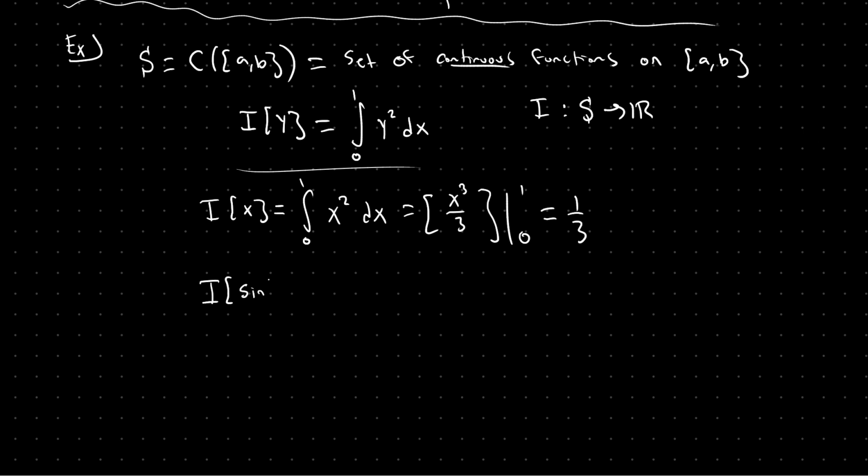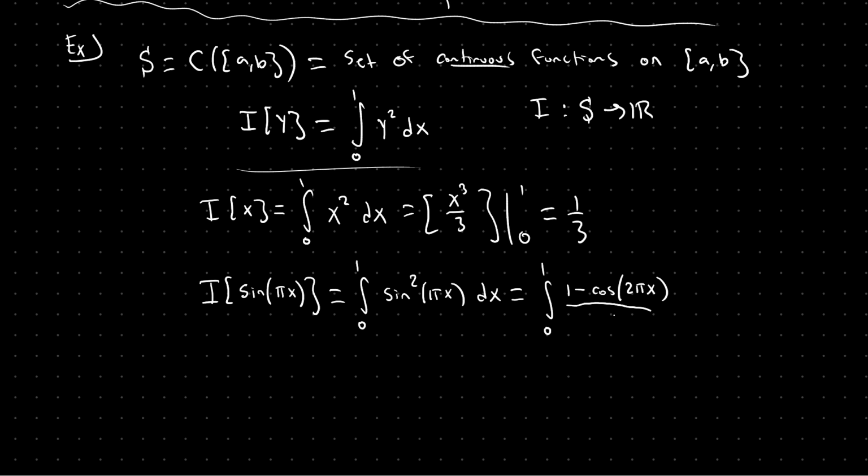whereas if you take this functional and you evaluate it at sine of pi times x, this functional evaluated at the function sine of pi times x will be the integral from 0 to 1 of y squared. So it'll be sine squared of pi times x, which we can integrate using standard integration technique. So using the double angle formula, sine squared of pi x will be 1 minus cosine of 2 pi x over 2,